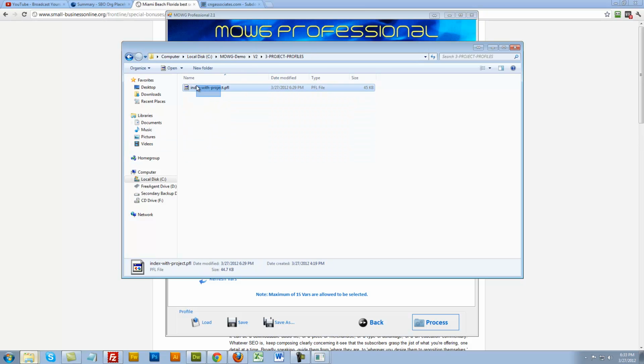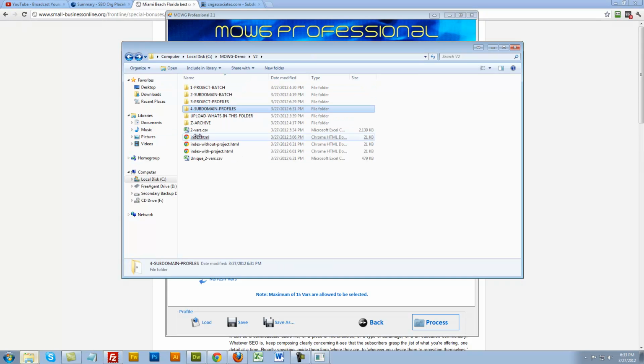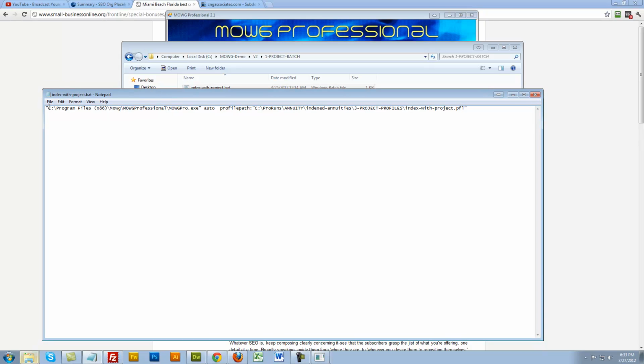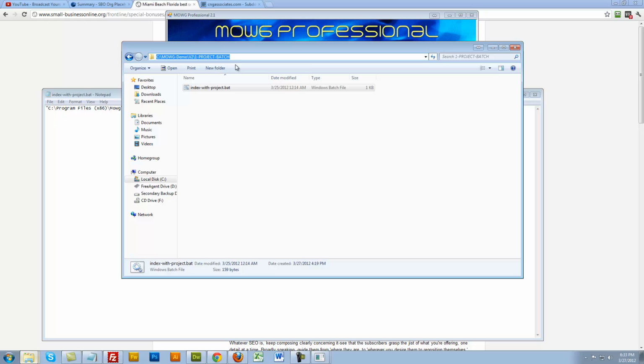So the project profile is done. The subdomain profile is done. And now I'm going to create the project batch. So right click and edit, and we know that this should be the same, should be all good to go. See program files, you're going to MOWG Pro, blah blah blah blah. Now this profile path is saying where is the profile, the .pfl at, right? So how do I get that? Easy. You click where it is. We got the project batch, copy,